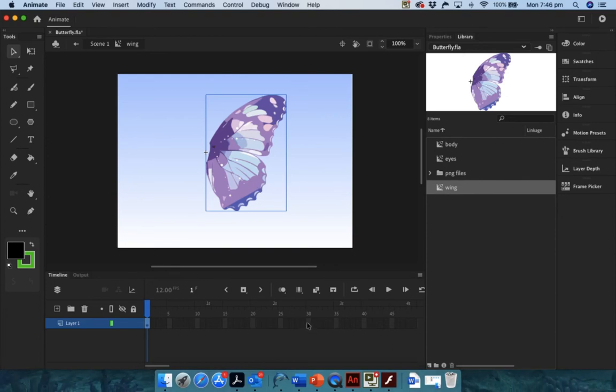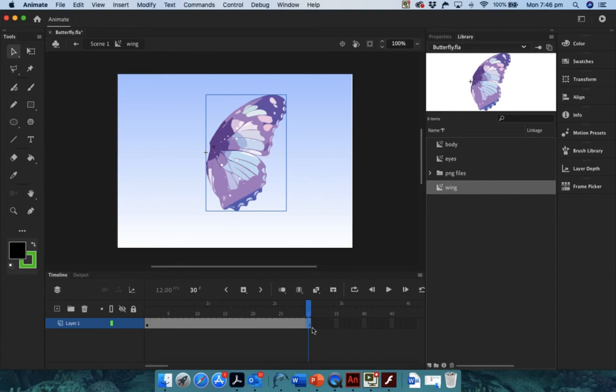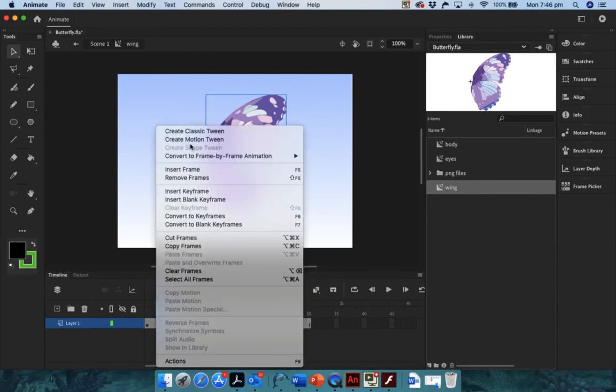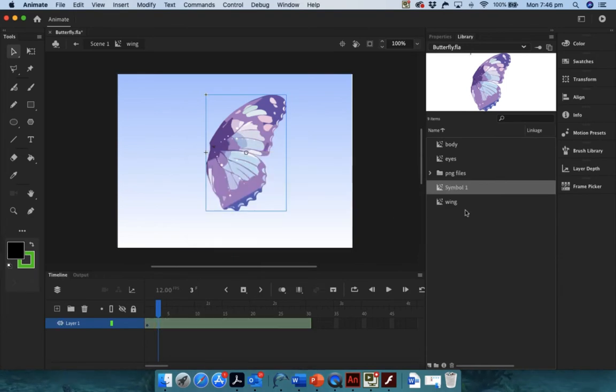So I'm going to create some animation. I'm going to click on frame 30 and I'm going to insert frames. I'm going to create a motion tween, and you'll see that this little sign turns up. Well, we click OK, and here is this other symbol, and this is the symbol inside the wing symbol. So what I'm going to do, I'm going to name this wing underscore flap,